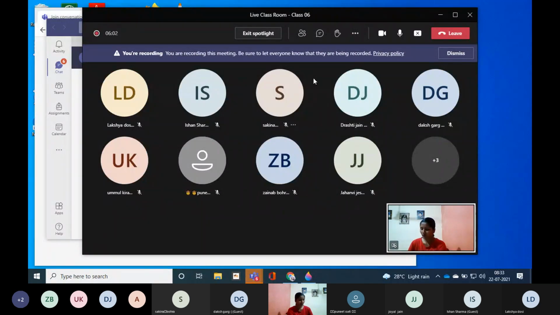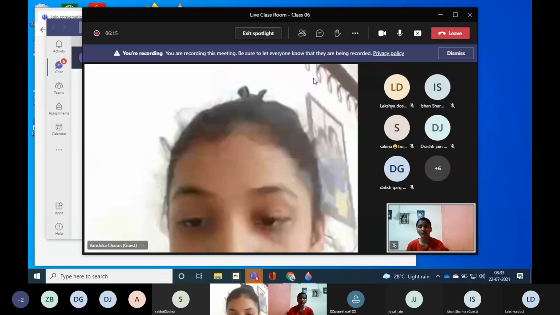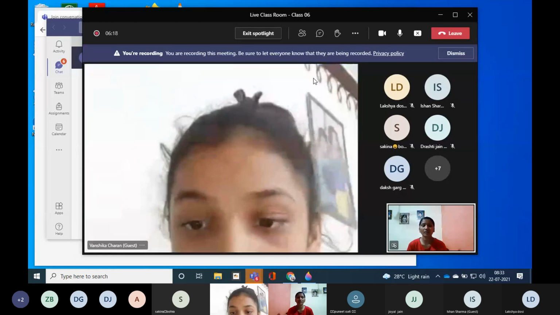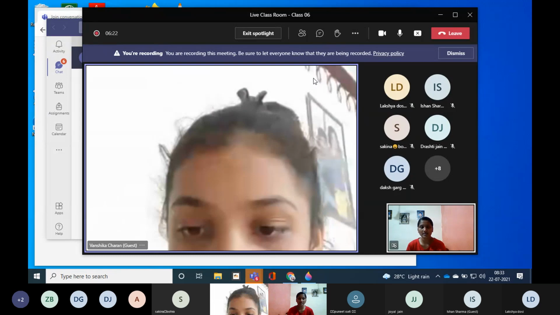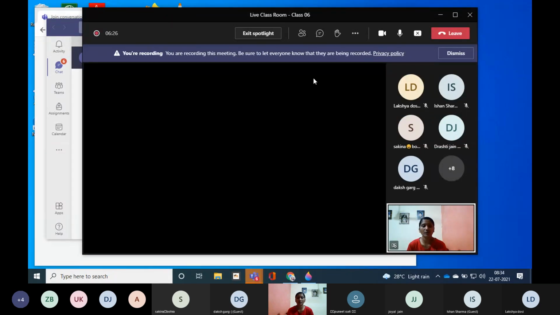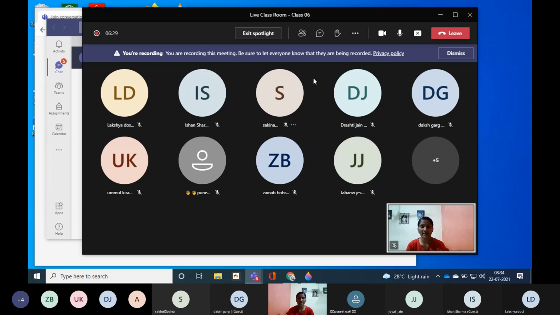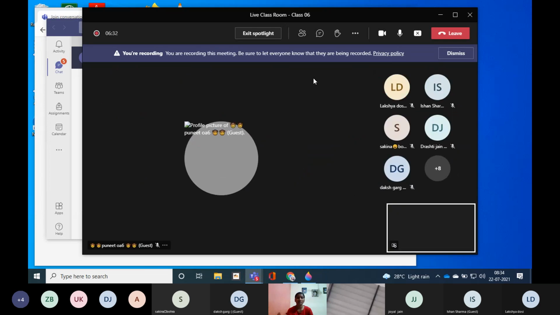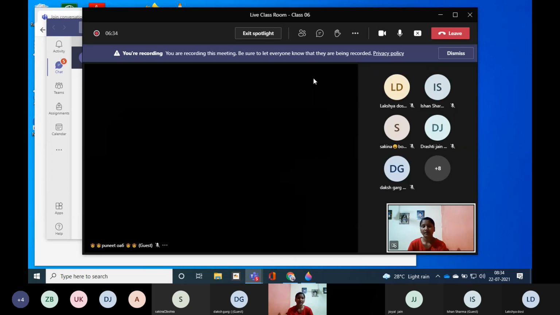I'll repeat the process of splitting of water molecule into two ions, which are H plus ions and OH minus ions. That's hydrogen and hydroxyl ions. So this process is known as photolysis of water. And this takes place during photosynthesis, right? So if photolysis of water is asked in exam, what you have to write: this is the process of splitting of water molecule into H plus and OH minus ions during the process of photosynthesis, right?